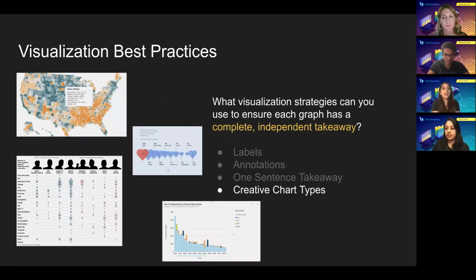And a lot of the time, the best chart will be a simple one. That's important not to forget: do whatever is best for the data, but you can also feel free to get creative with your chart types and really think, with the data I have, what is the best way to display it? We pulled a couple of examples, but definitely want to reiterate that sometimes a simple chart is the best chart.